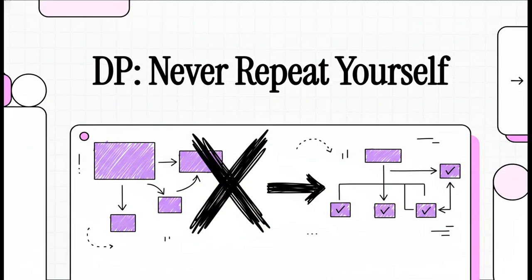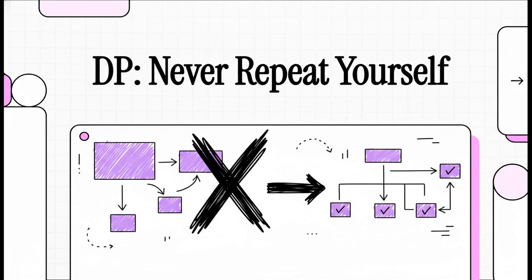You know that feeling when you're working on something and you solve a small part of it, only to realize, wait a minute, I have to solve that exact same thing again over here. It's so frustrating. Well, today we're talking about a concept that's basically the ultimate fix for that. It's called dynamic programming, and it's all about working smarter, not harder, by making sure you never solve the same